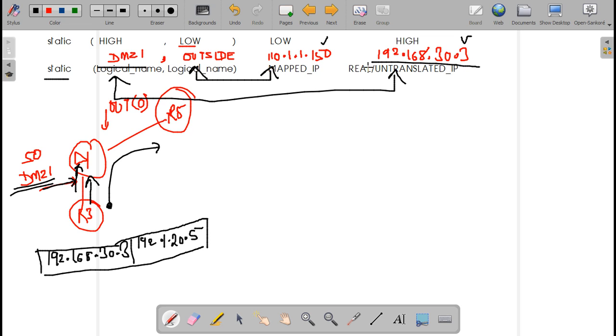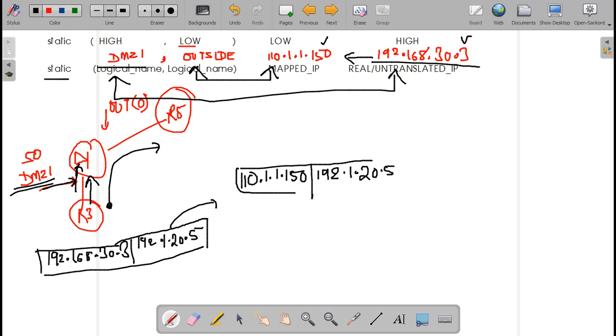So change this IP: this packet will be changed to 110.1. The destination will remain the same. And then this packet will go to R5.